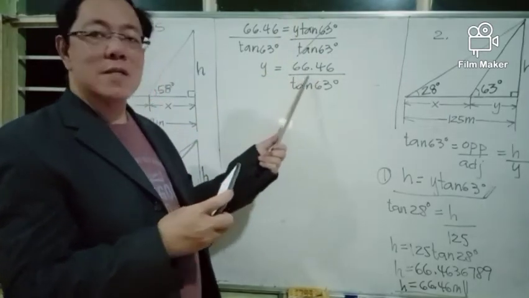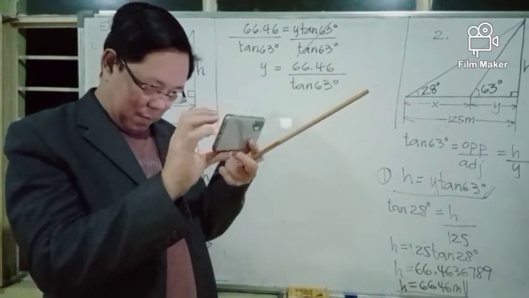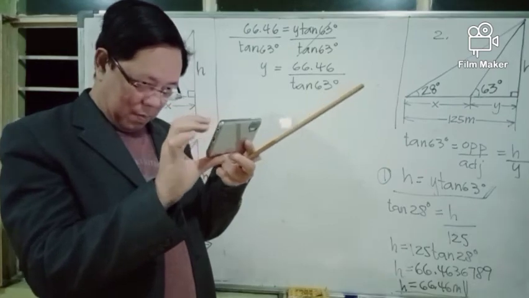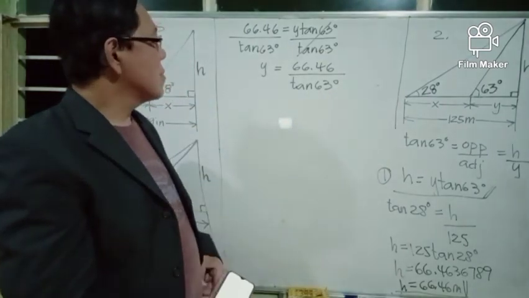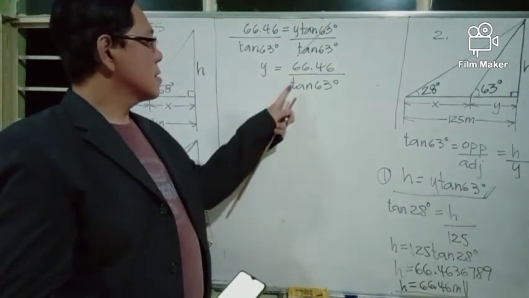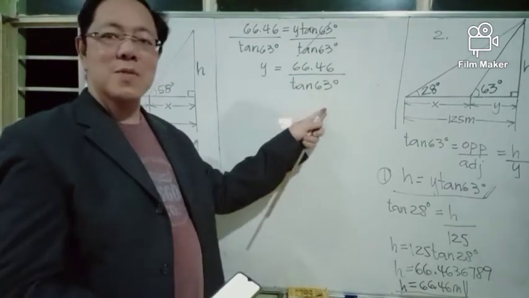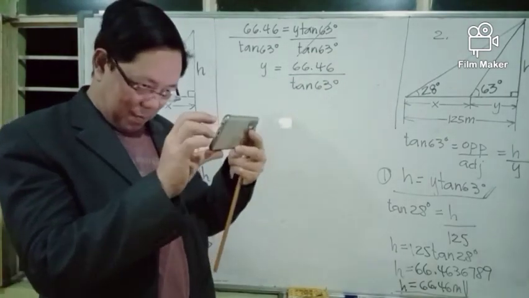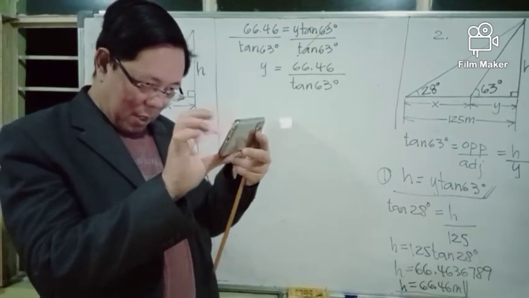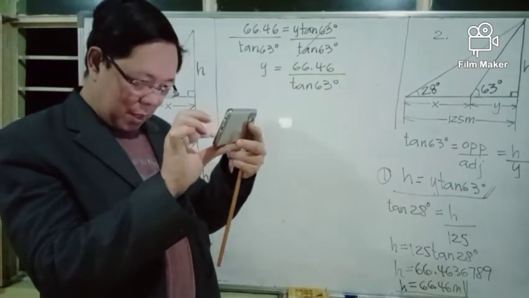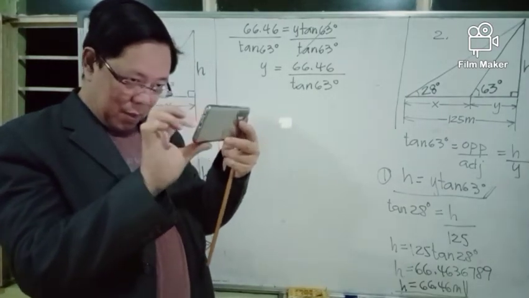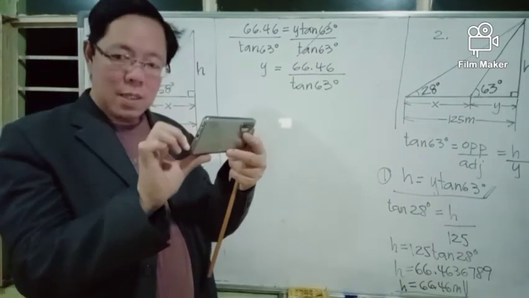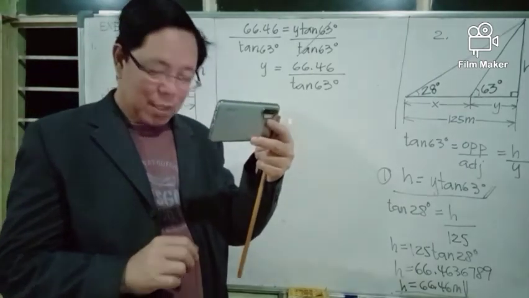We have 66.46 divided by tangent of 63 degrees. And you should get